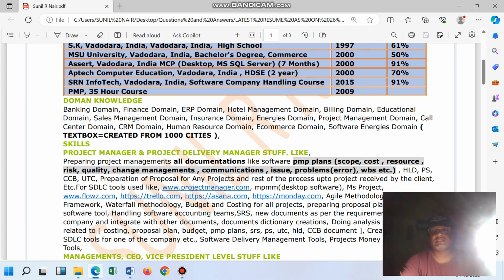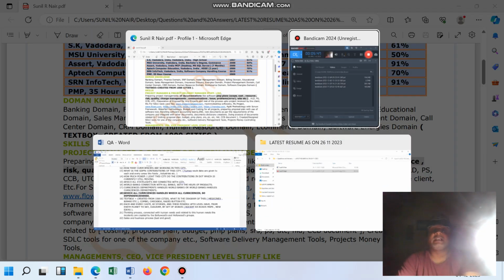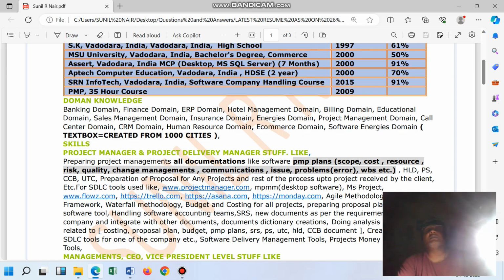So this is the software energy domain. This is totally new in the software industry. Even 1% might not be knowing. The big software companies like Capgemini, their directors 100% might be knowing, because they are into human need creation. Human need creation means they are creating vegetables from their software.